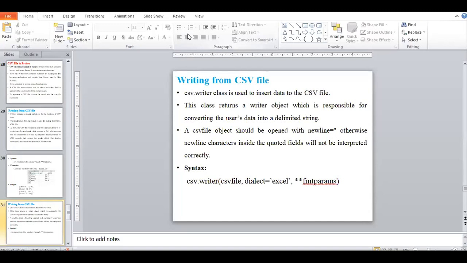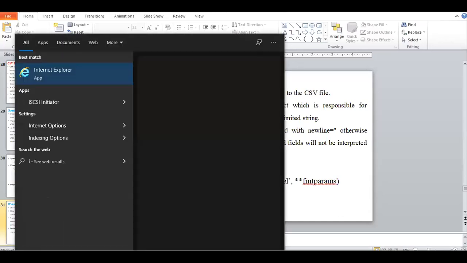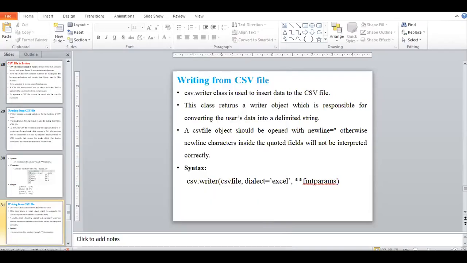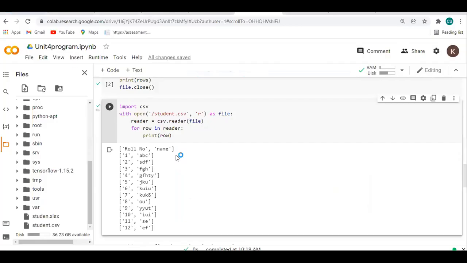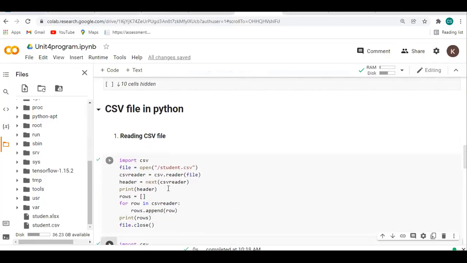Okay. So how many of you completed the execution? You have to share your program related to the CSV file with output in our Python group. Okay, ma'am. Yes, we are performing this operation on IDLE also. Okay, I will tell here also how to perform this operation on IDLE, because some of you are using IDLE. So we will perform this operation on IDLE also.